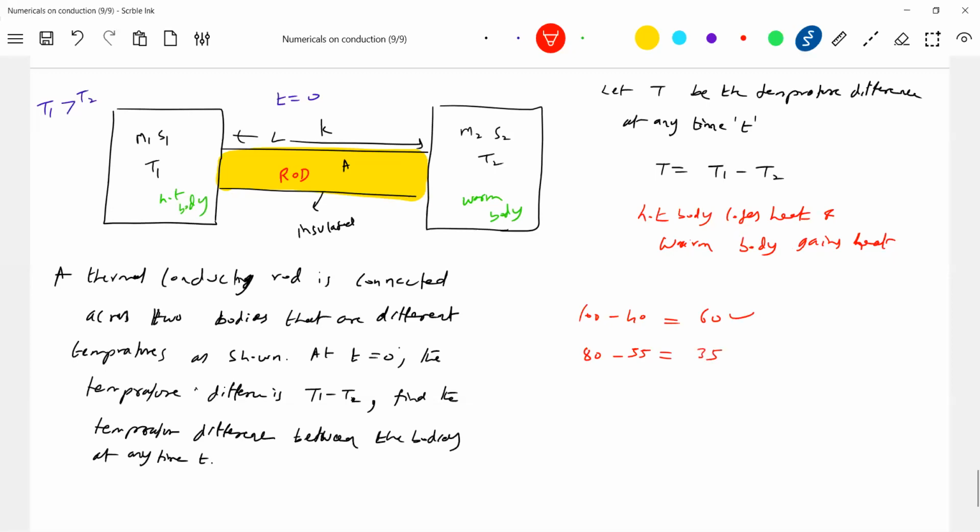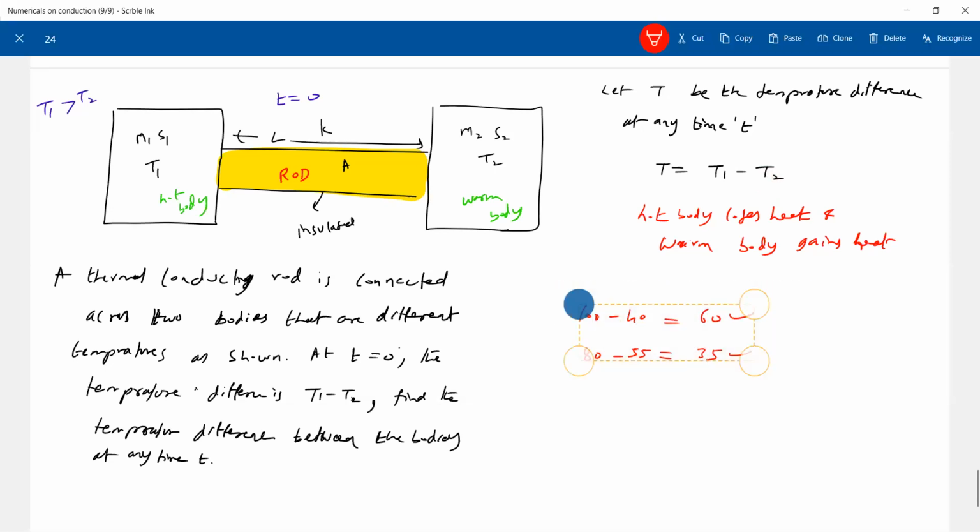So look at the temperature difference. Earlier it was 60. At any later time, it is 35. So with time, what will happen to the temperature difference? It will decrease. Temperature of the hot body will decrease. Temperature of the warm body will increase. This is the thing which a student has to analyze. Students will not think. He thinks that by mathematics he can do anything. You just go do integration, you'll end up with the wrong answer. The observation has to be made.